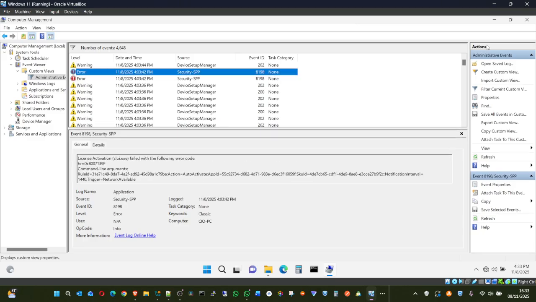You can say you want to look for errors. What are the errors? Because even with this, you can check to see what is happening. Right here, it is talking about the license. So you can use some specific applications to dive into the log. Event Viewer is very, very detailed.